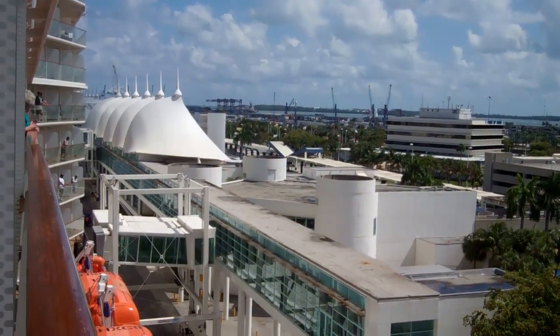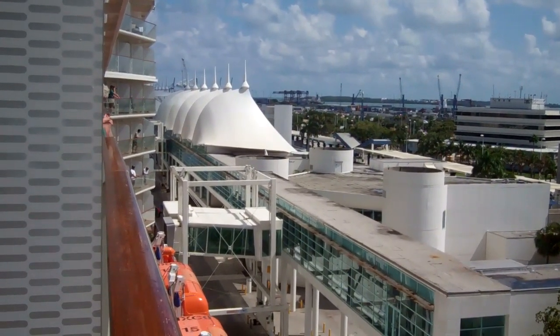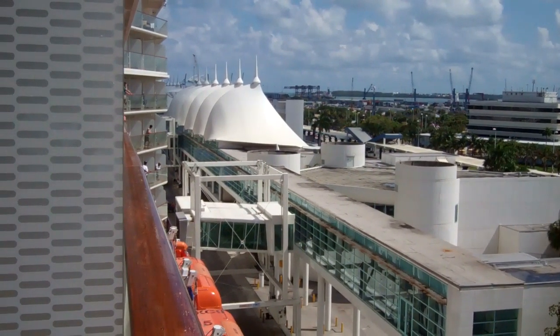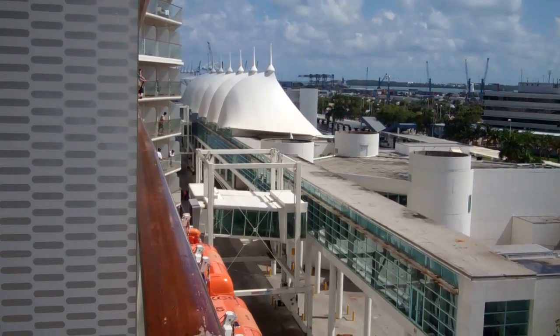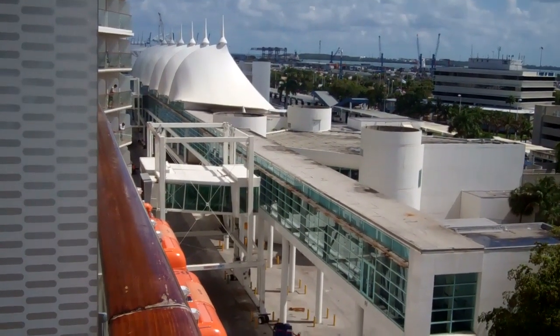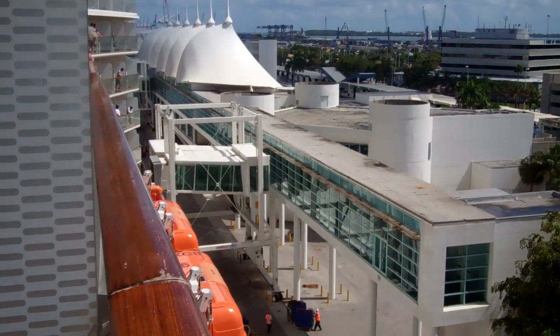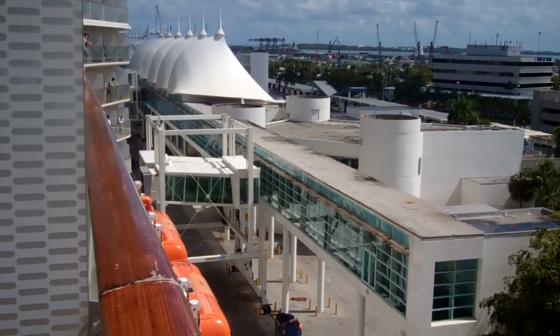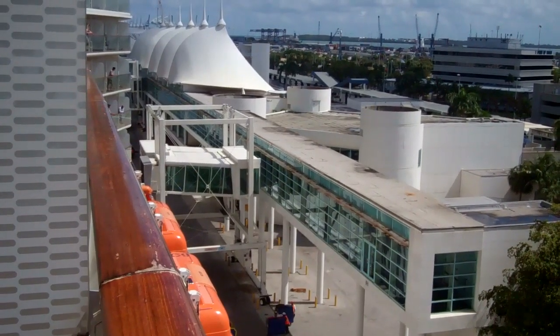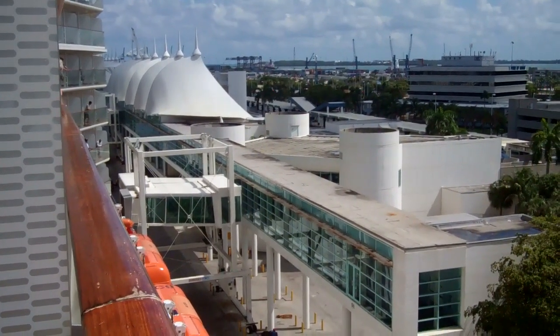I have to say, the Celebrity did a great job. We were able to board within 15-20 minutes. We were on board. It's just really nice. Went really fast and didn't feel like a head of cattle, which is not easy to do when you have all these people, 3,000 people to get on board. So anyhow,